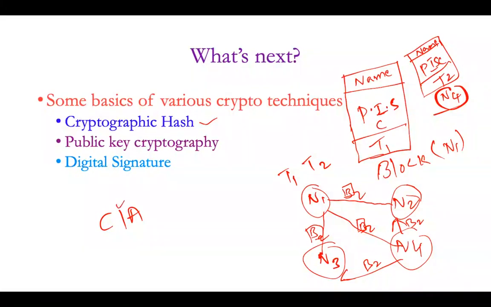The second one is integrity. The information which is created by N1 in block 1, while transferring that block 1 to other nodes in the network, should not be modified by any other third parties. So how is it going to be checked? That is integrity. And the next one is who can participate in this network for exchanging information. Only authenticated users are required. So A stands for authentication.